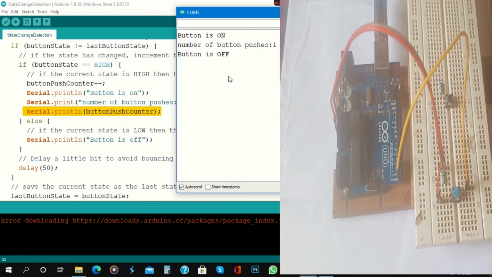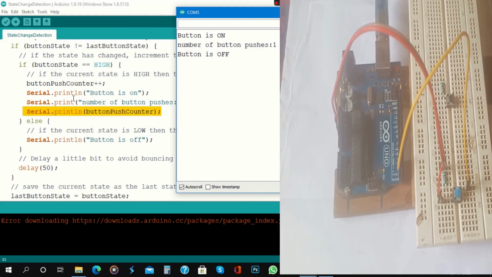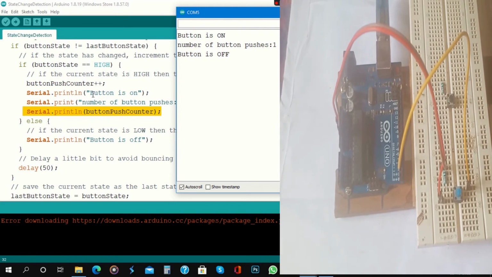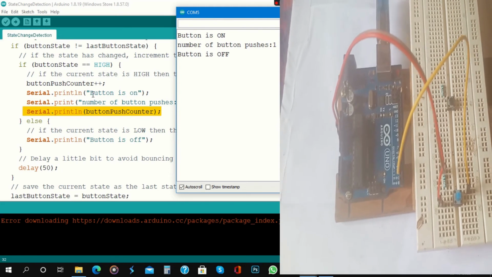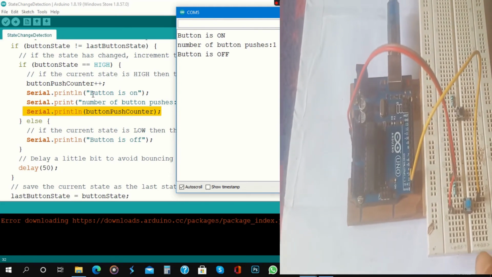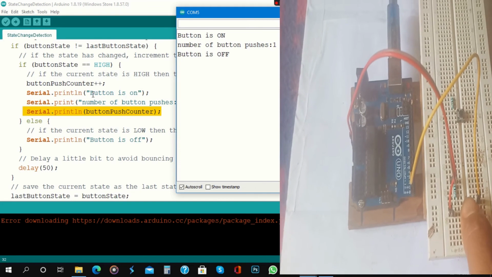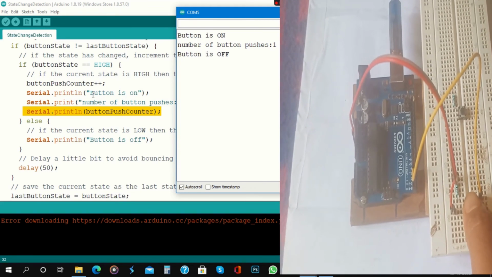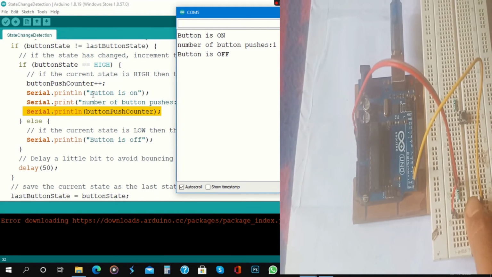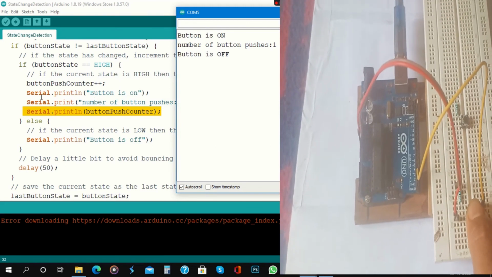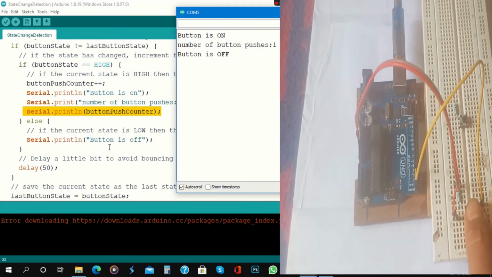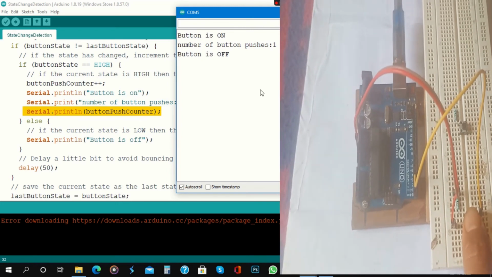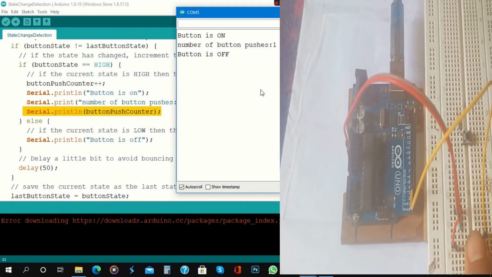And why is button is off printing? Because when the state is changing, when I press the button, it detects 1. When I release the button, it detects 0. That's why it's changing from 1 to 0 and 0 to 1. For that state change, it's going from button is on to button is off. It's printing. Okay. Now if I press one more time,